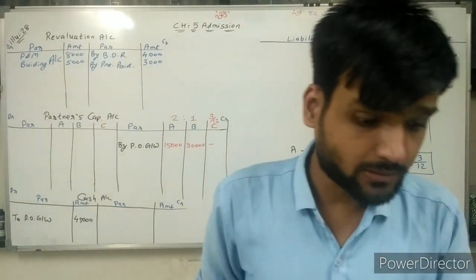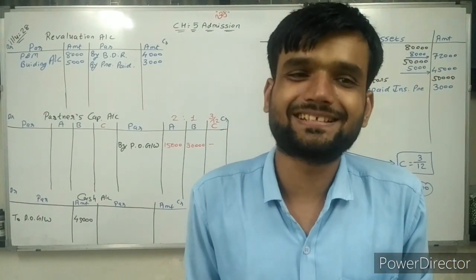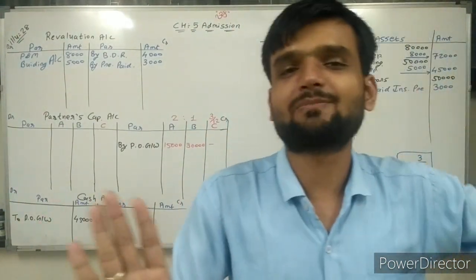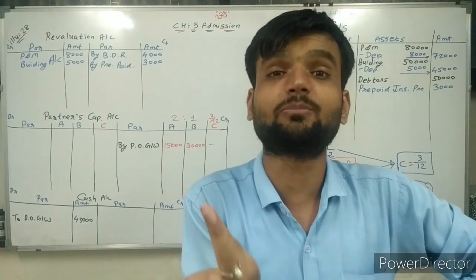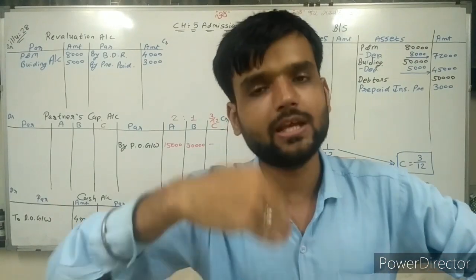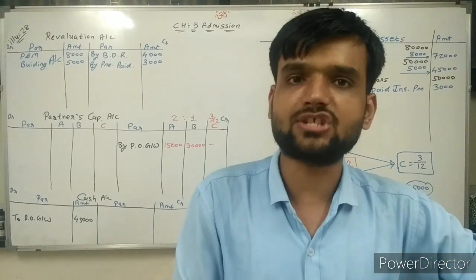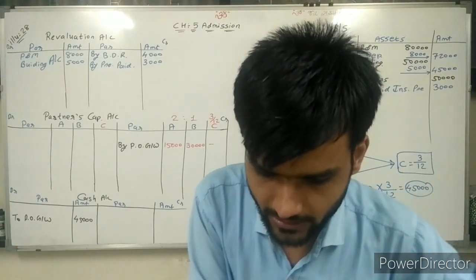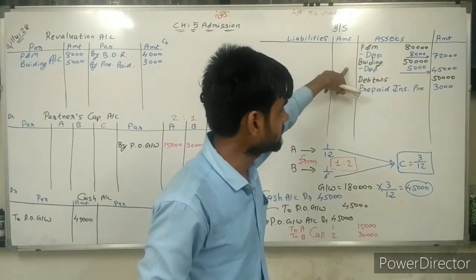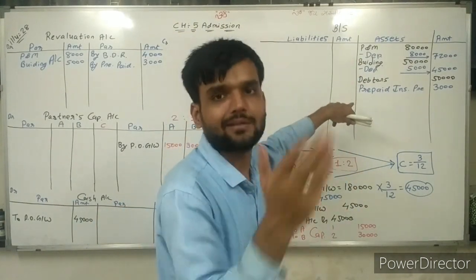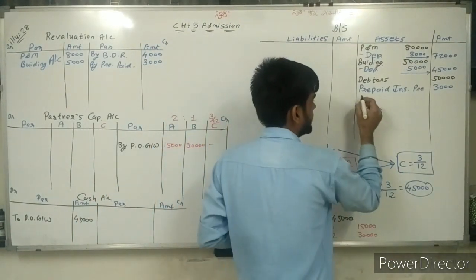Now nothing else is given. Prepare necessary accounts and the balance sheet. That's it. So all the adjustments are clear except one. C will bring proportionate capital. What it means we don't know. Doing it later. Don't worry. Now what is remaining in the balance sheet? First of all, we are clearing that. Plant and machinery are done. Buildings are done. Stock is not written. Stock is given 17,000. So write down stock 17,000.